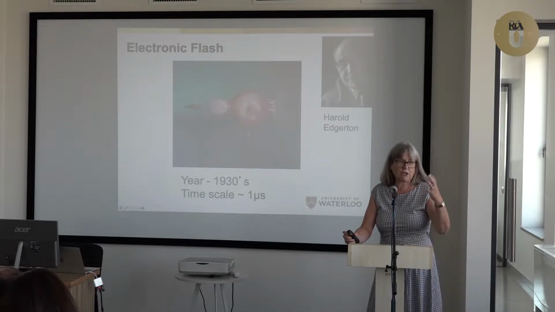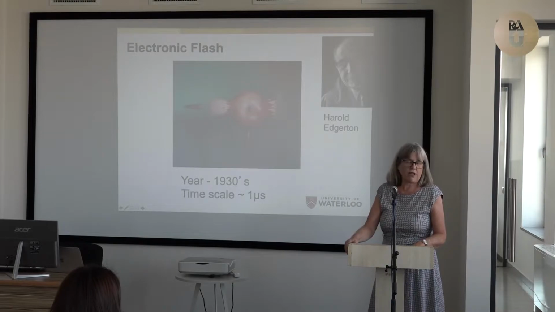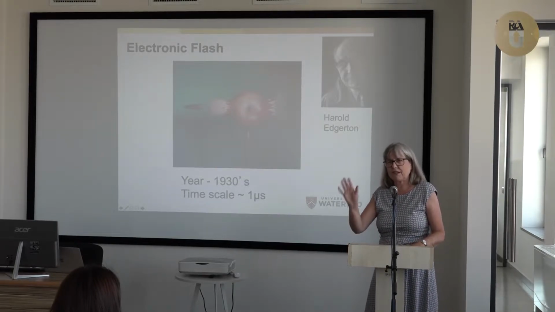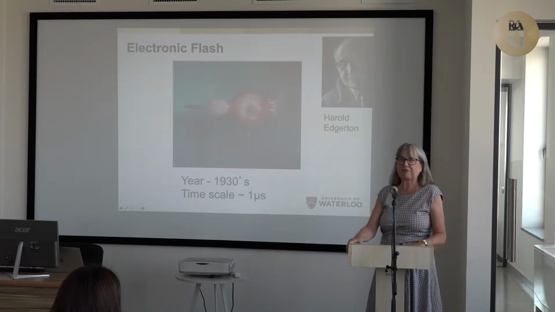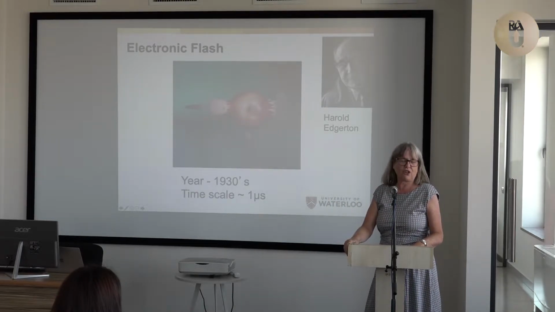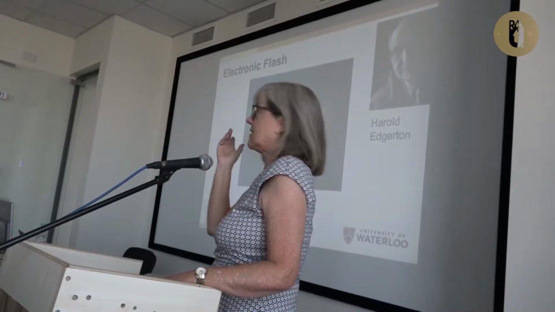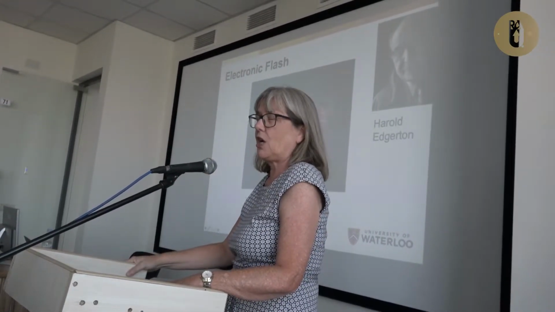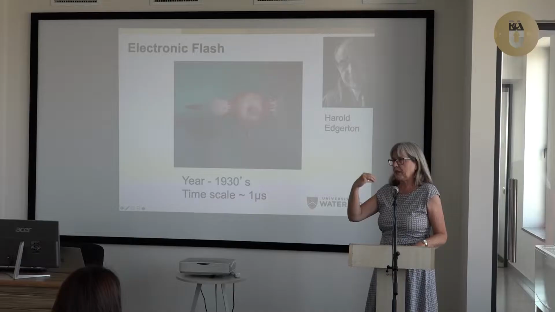So let's put the object in a dark room, and let's have the light just flash on and off. And then the only picture you can see while the camera film is open for the whole time is only the light that comes from this short flash. And so now you're stopping the action on a microsecond. So he had come up with this electronic flash that would put a light burst out that lasted for a single microsecond. Here's one of his famous photos, which I've stolen from the web, and I see you're videotaping, so let's not get me into trouble, because I'm not sure I've got the right stuff here. But anyway, it's his photo, and I've stolen it from the web. And it's the bullet going through the apple. So now you can stop the action of a speeding bullet.